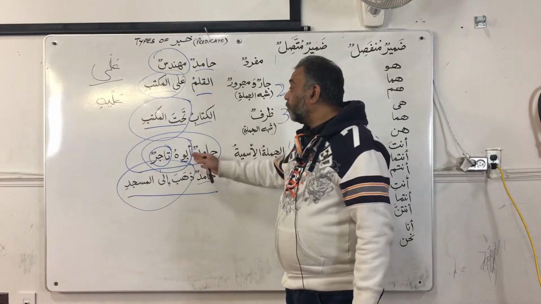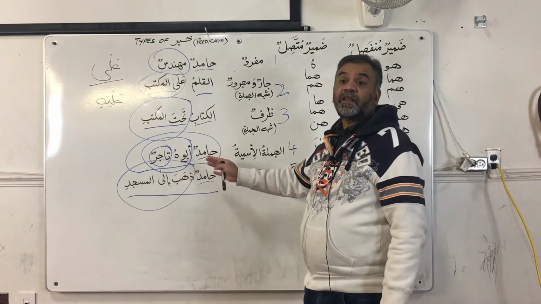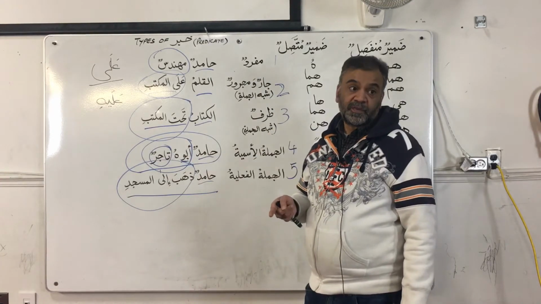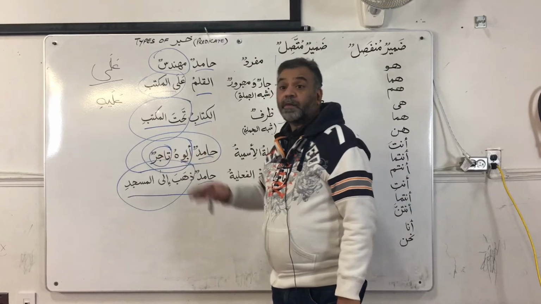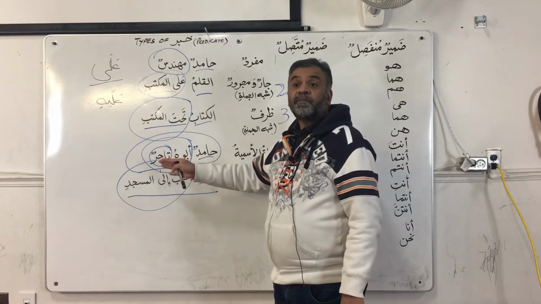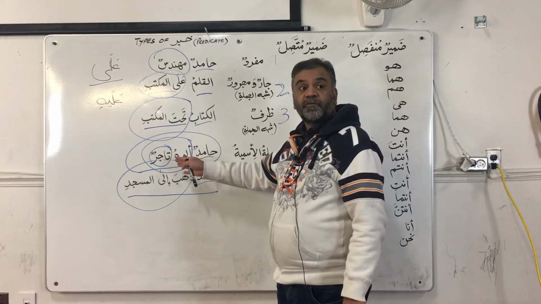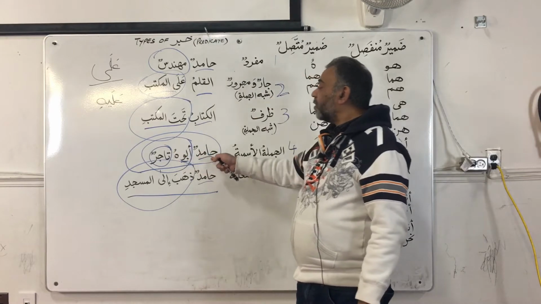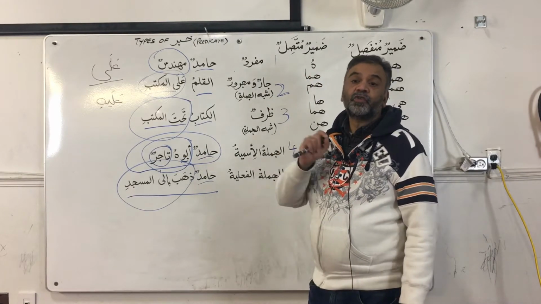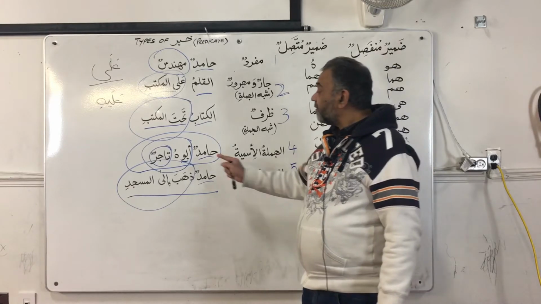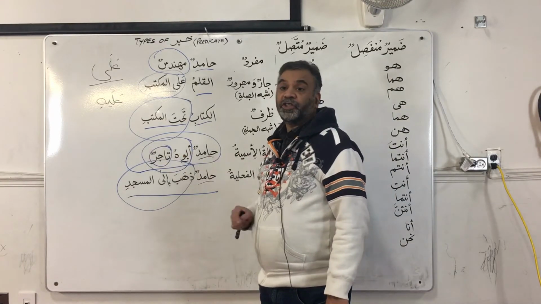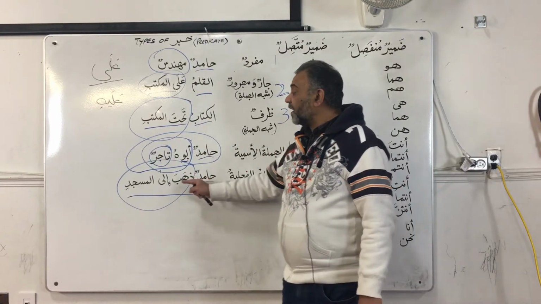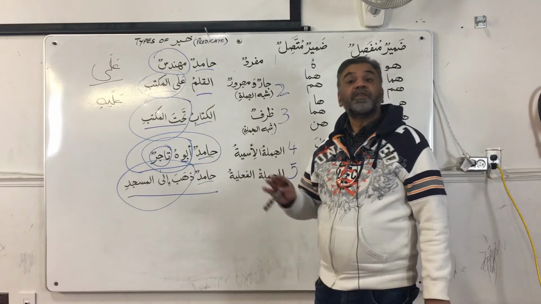In this case, Abuhu tajirun, his father is a merchant. Now, Abuhu tajirun itself is a jumla ismiya with a proper mubtada and khabar. Abu is your mubtada, and hu is your mudaf alayh, and tajirun is your khabar. Now, this entire jumla ismiya is the khabar for Hamid. I am giving you the information about Hamid, that his father is a merchant. In the next example, Hamidun zahaba ilal masjidi. I say Hamid, and you say, what about Hamid?